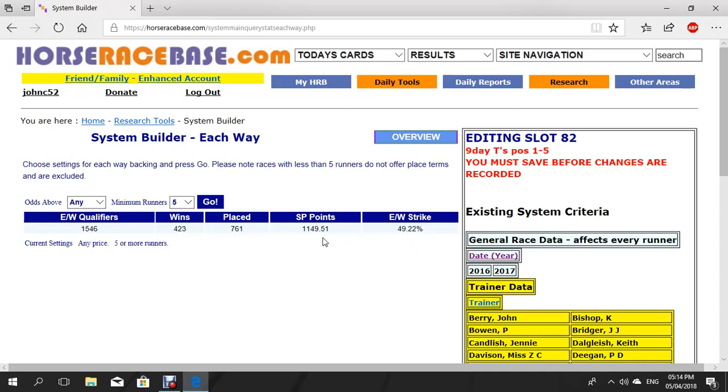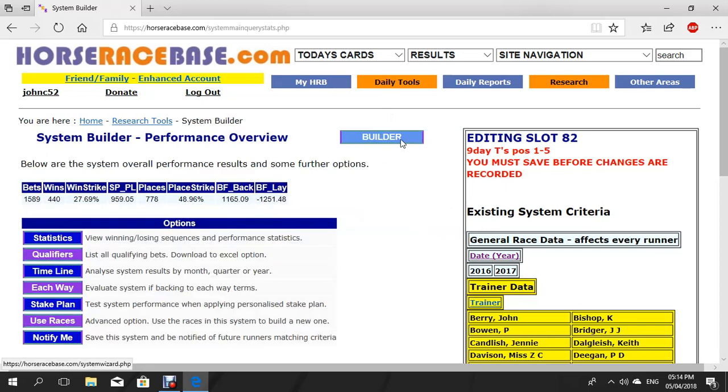So this is, I find, very interesting because this vindicates what I say about each way betting. You can see 1,150 points, call it their profit for betting each way. Now we just go back to the win only. You can see there are 959 profit. Well, if we knock 9 points off that and call it 950, and we compare it to,